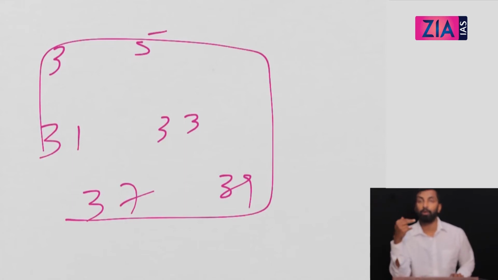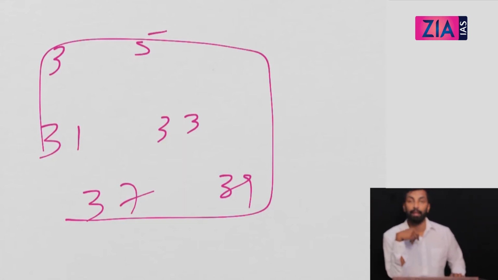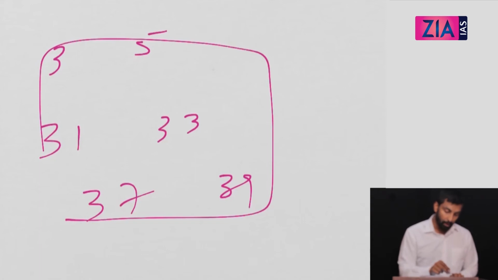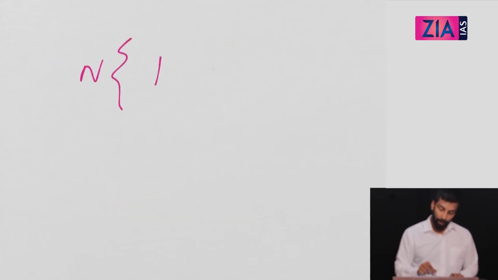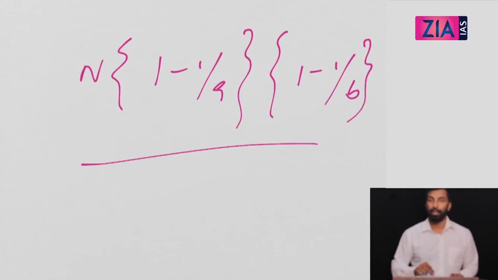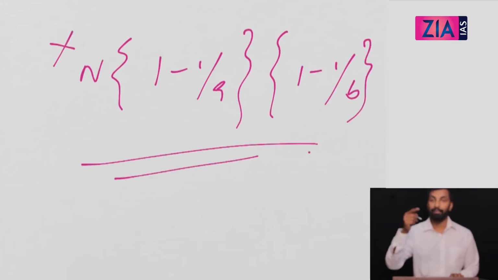We'll come to know about coprime numbers in detail when we discuss remainders. In fact, we have done this discussion when we discussed Euler's number and Fermat's theorem for finding remainders faster. So those who have seen those videos will be able to relate it to coprime numbers faster. And I have given you a method also to find the coprime numbers, N into 1 minus 1 by A into 1 minus 1 by B. This is not required now. We have discussed this in detail when we discussed Euler's number. Okay, so I hope you understood the basic concepts related to numbers.